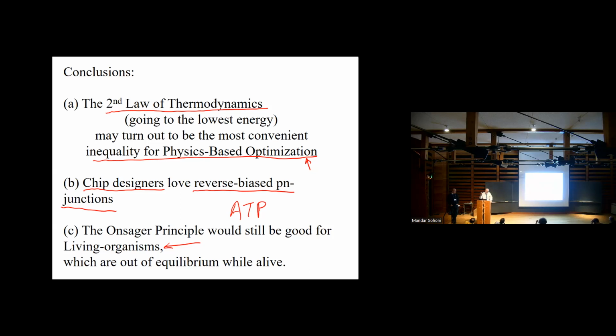The second law gives you maximization of entropy. Onsager gives you minimization of time derivative of entropy. So it's two different things, and they're both useful. They have their advantages and disadvantages, but one is not the same as the other. They're just different competing approaches.